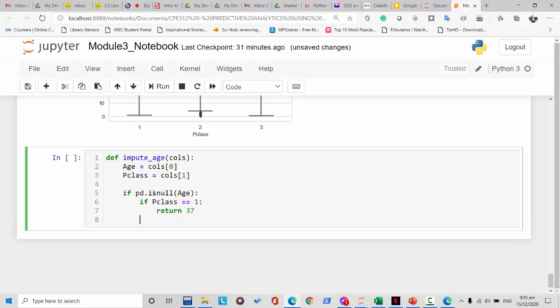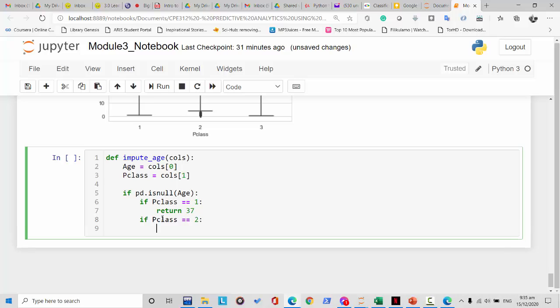So when the program sees that it is a null value and the passenger is in the first class, we will just fill in with the mean value, which is 37. But if the passenger class is the second class, we will return